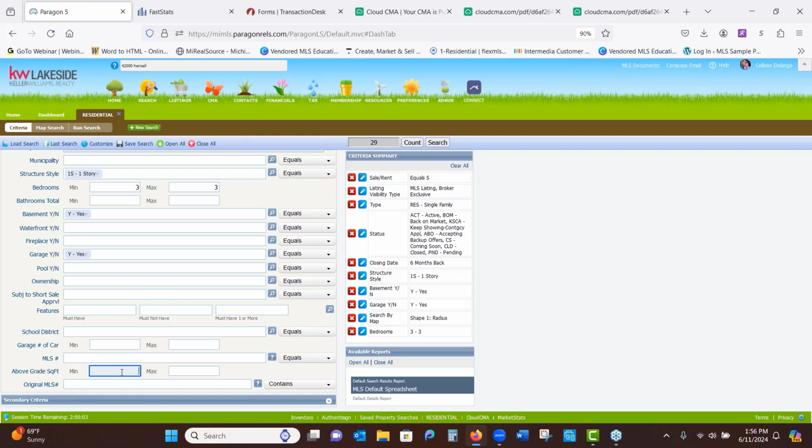So in this case, let me grab my phone here. They have this home listed as 1,361 square feet. So basically what you're going to do is you're going to go into your calculator and find out what is the 20% of that square footage. And it works out to be 272. So you're going to take that 272 number and add it to the top. So I'm going to take that 272 and add it to my 1361, which is the square footage, and I get around